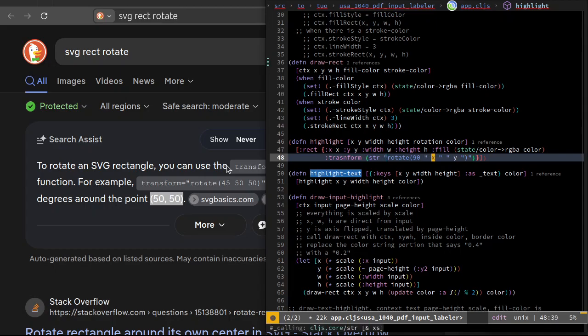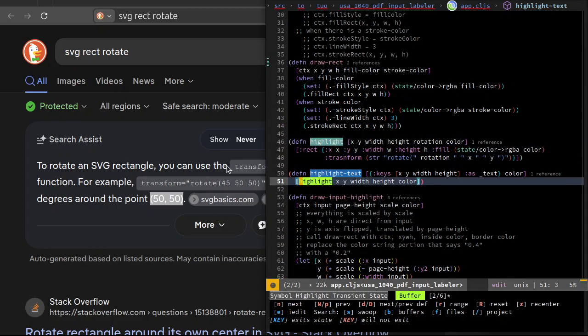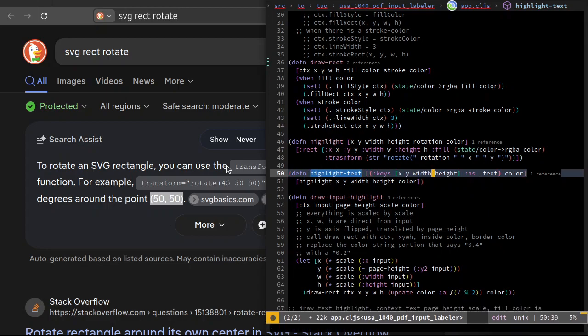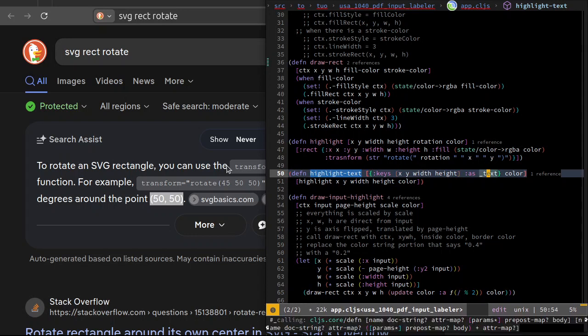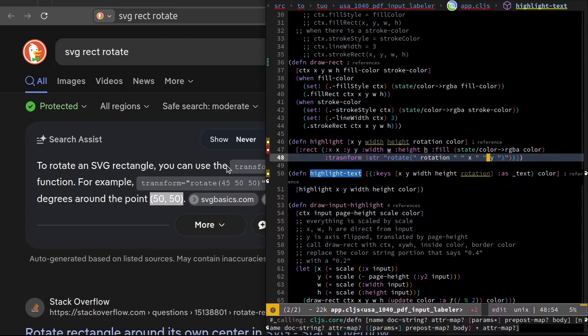90 space X space Y. Oh, this is going to rotate everything. Okay, yeah, so I will make it be rotation and then a space and need to go here. Keys, XY width height as text, color, rotation, and then,